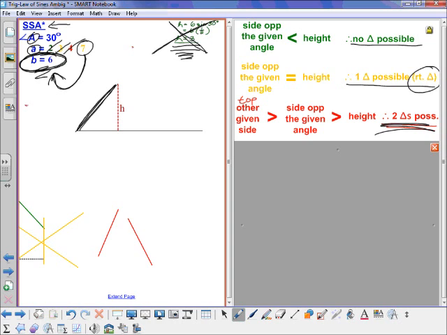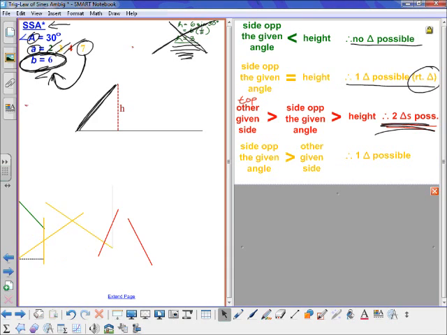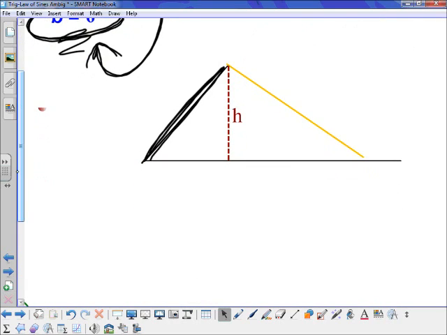I automatically know it's only one triangle possible. Okay, and that is this case. So there's my yellow side. Let me go back to one page. Okay, now